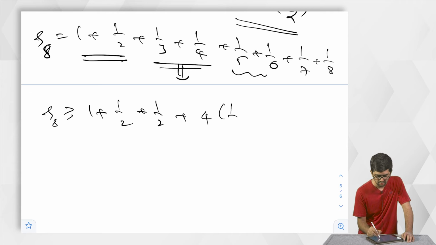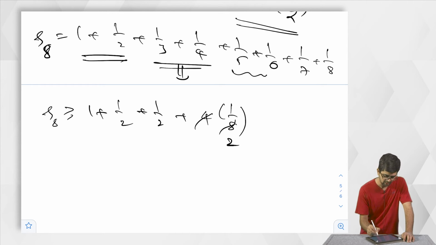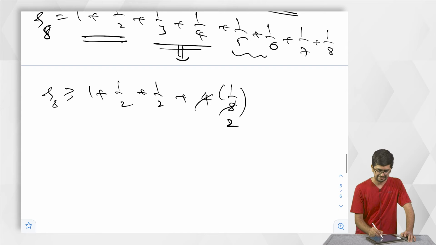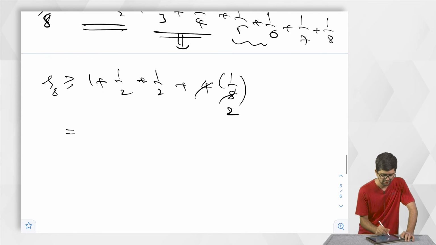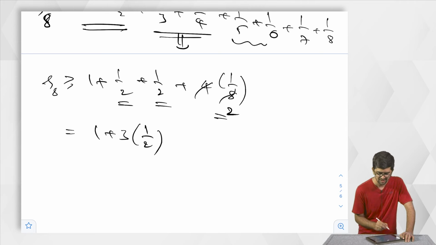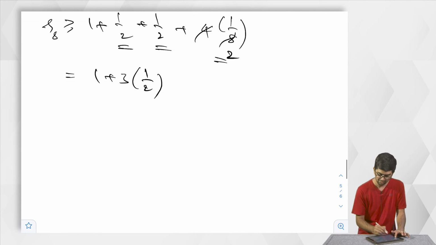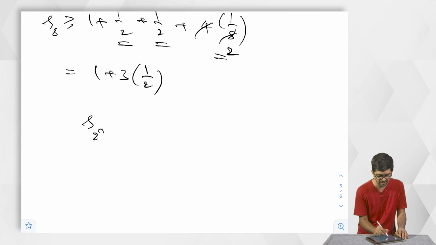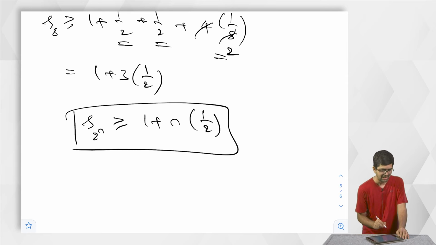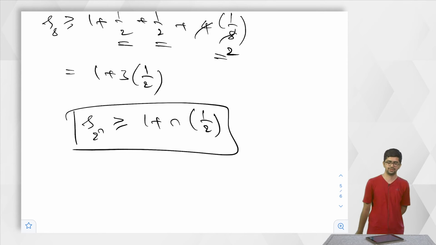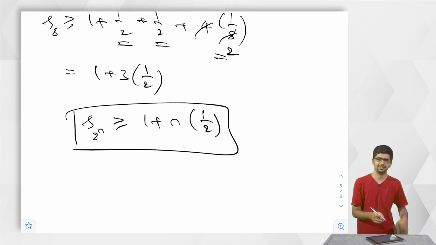So 4 times 1 by 8, which is 1 by 2 only. This is equal to 1 plus 1 by 2 three times, 3 times 1 by 2. Observe the pattern here. S of 2 cubed is greater than or equal to 1 plus 3 times 1 by 2. More generally, we have S of 2 power n is greater than or equal to 1 plus n times 1 by 2. I am not saying you should understand this in the first attempt; it may take some time,